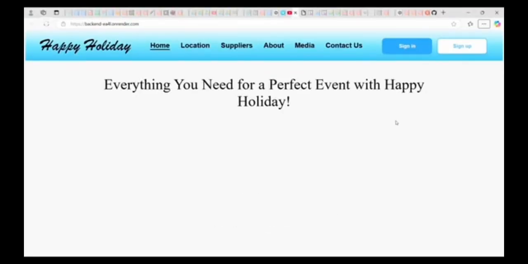To deploy our event organization platform, I followed a systematic process using GitHub and Render for the deployment. First, I made sure that our project code was organized and up to date in our GitHub repository. This involved checking that all the necessary